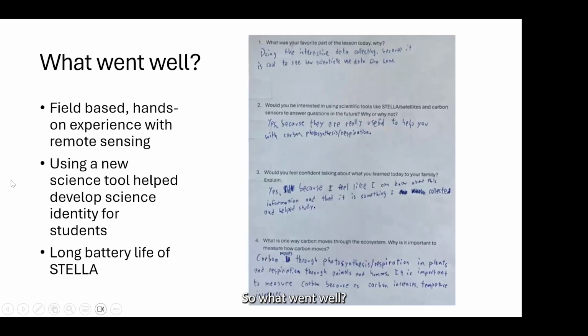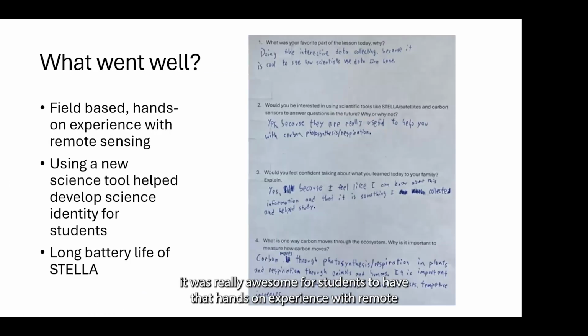So what went well? I would say it was really awesome for students to have that hands-on experience with remote sensing, instead of just thinking of it as an abstract concept. Before I knew about the STELLAs, my original idea was to print out images from a satellite and then just write at the bottom the different spectral band indices that the satellite collected that I would have gotten ahead of time. But I don't think that would have had students nearly as engaged